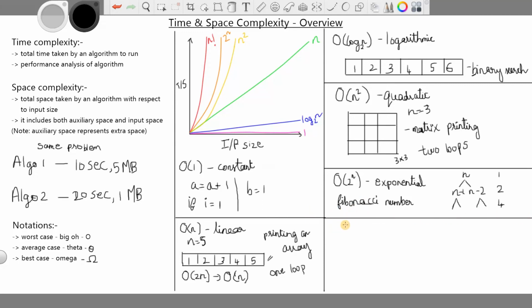And the last one will be factorial. So for this n factorial, the example will be permutations of a given set or string.